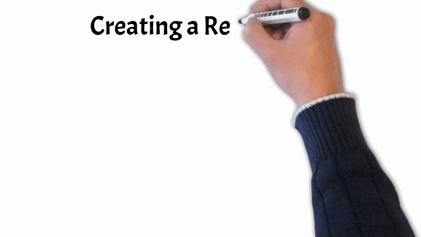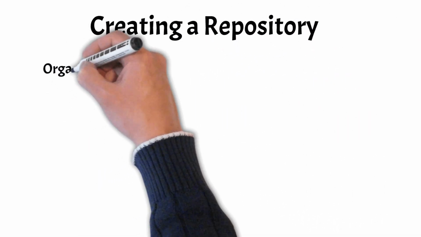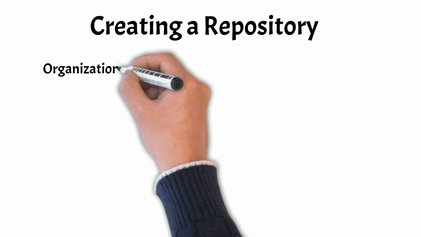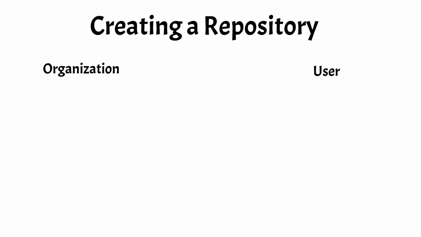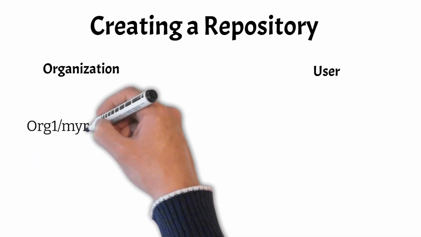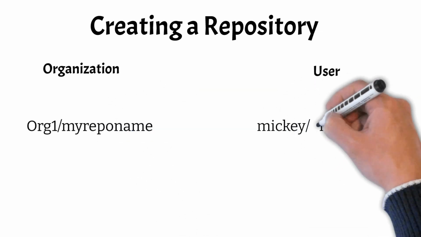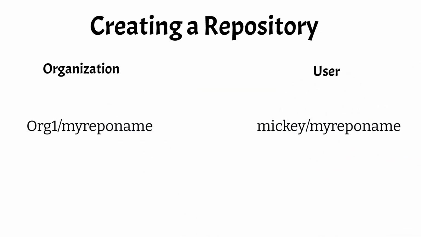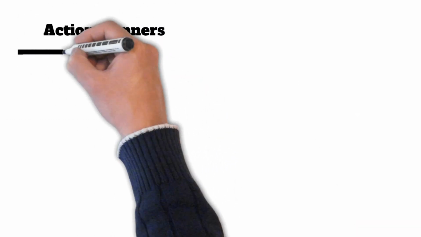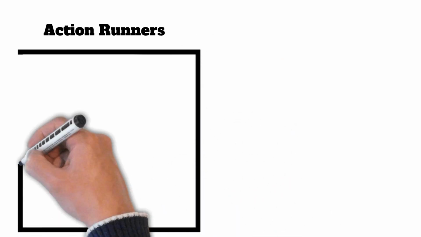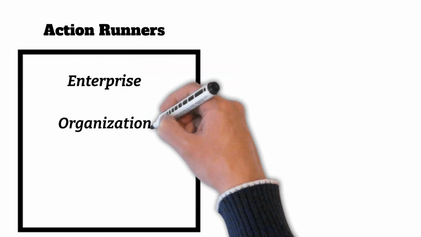First, let's talk about repository creation. When you create a repository in GitHub Enterprise, you create it in a namespace, either an organization namespace or a user namespace. For example, let's say you have an organization called org1, and my user is Mickey. When I go to create a repository, I can either create it as org1/myRepoName or Mickey/myRepoName. When you install GitHub Actions self-hosted runners, you can do it at one of three levels: Enterprise, Organization, or